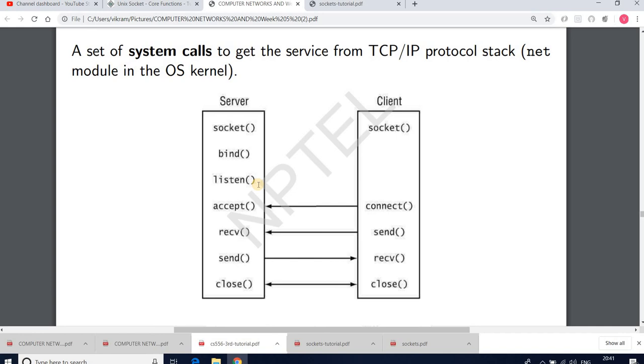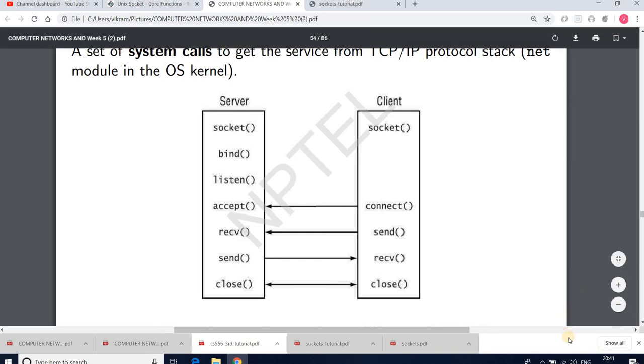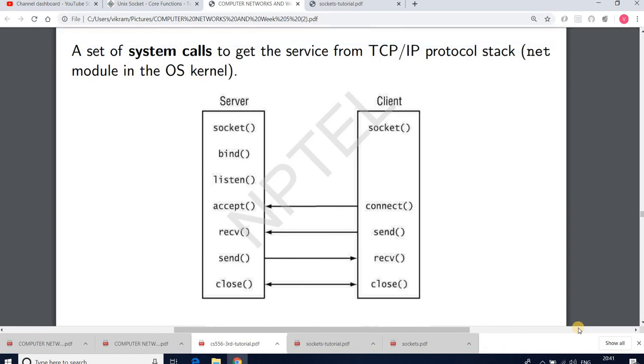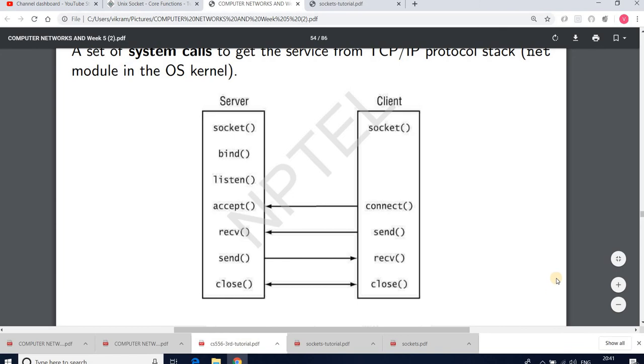Now let us move to the client side. At the client side, we have a socket system call first. This socket system call again creates a client side end of the logical pipe, and after that, at the client side you do not require bind or listen, because